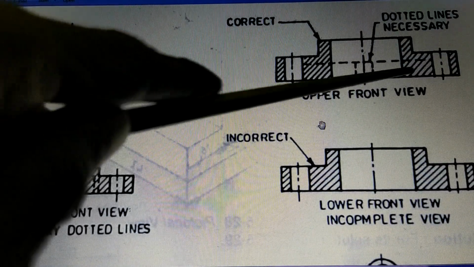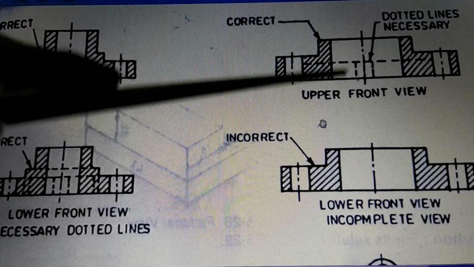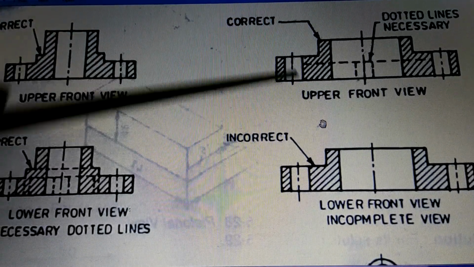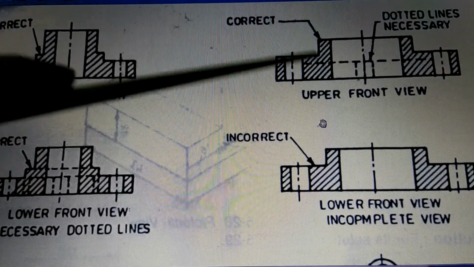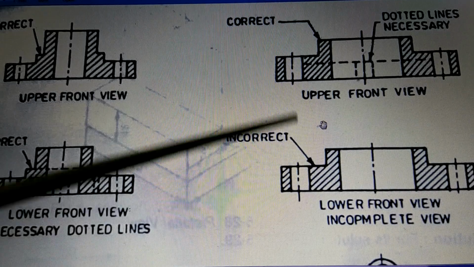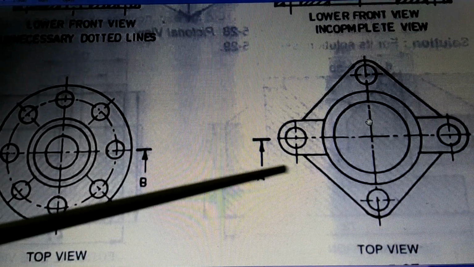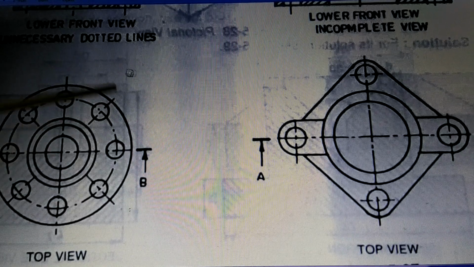you are supposed to draw this dotted line, everything which is behind, although this is a sectional view, and therefore this is correct and this is not correct. The reason is the thickness is different, so you will have to show this, otherwise the interpretation will go wrong. So this is just an exception which happens very rarely. Otherwise the basic rule is this.